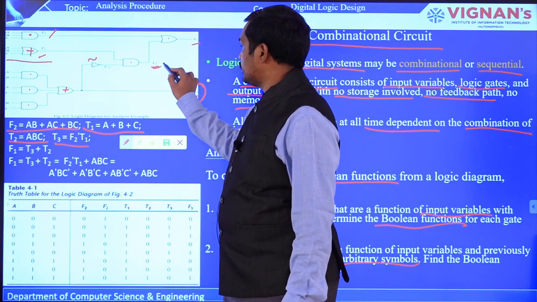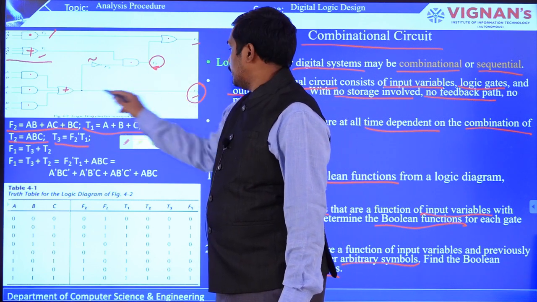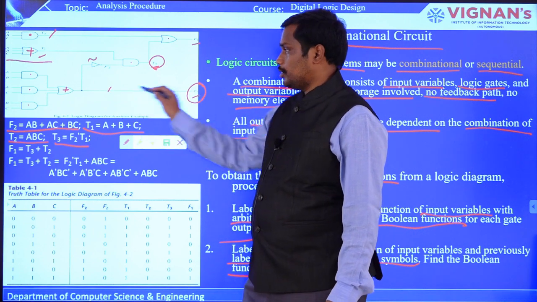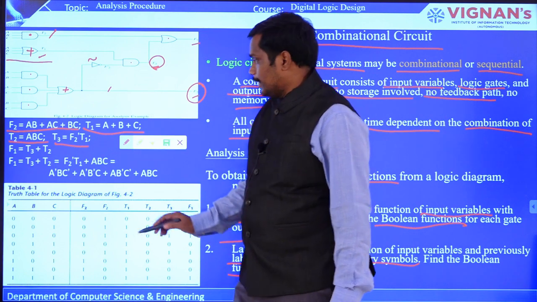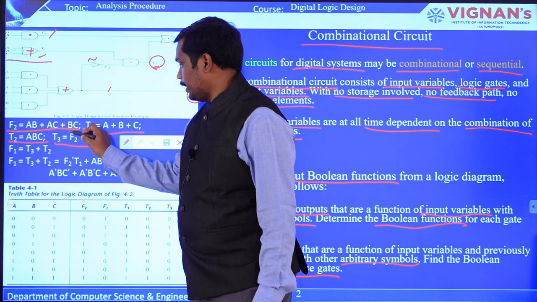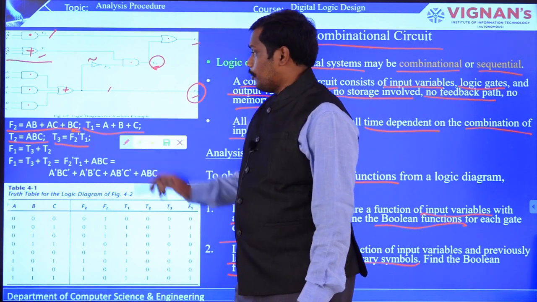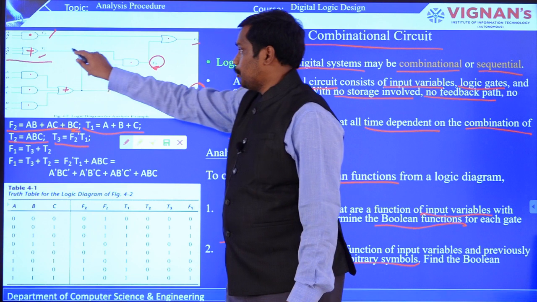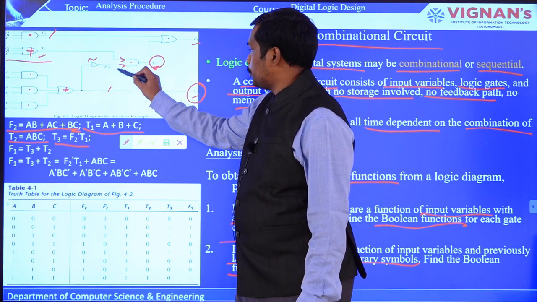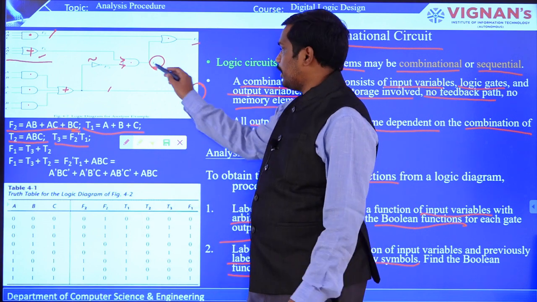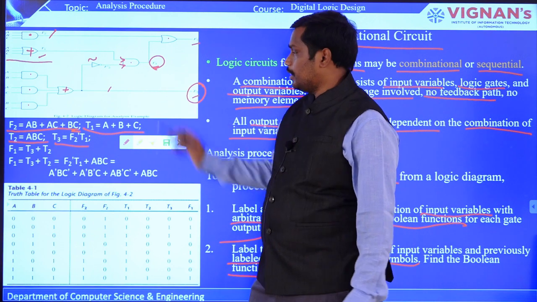T3 is, here you can see this particular T3. T3 is a connection of F2. This whole line represents F2, and this particular F2 is negated. That is the reason why you have written the negation here. You can also represent it with a bar. So F2 bar followed by T1. Why T1? Because this is the input that you are getting from T1. These 2 inputs are given to the AND gate, and you are getting T3. That is how you extracted the Boolean expression for T3.